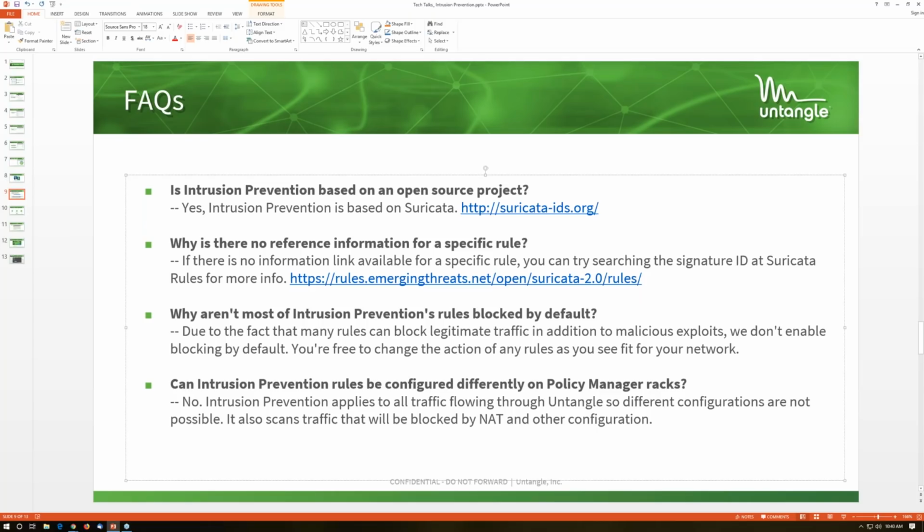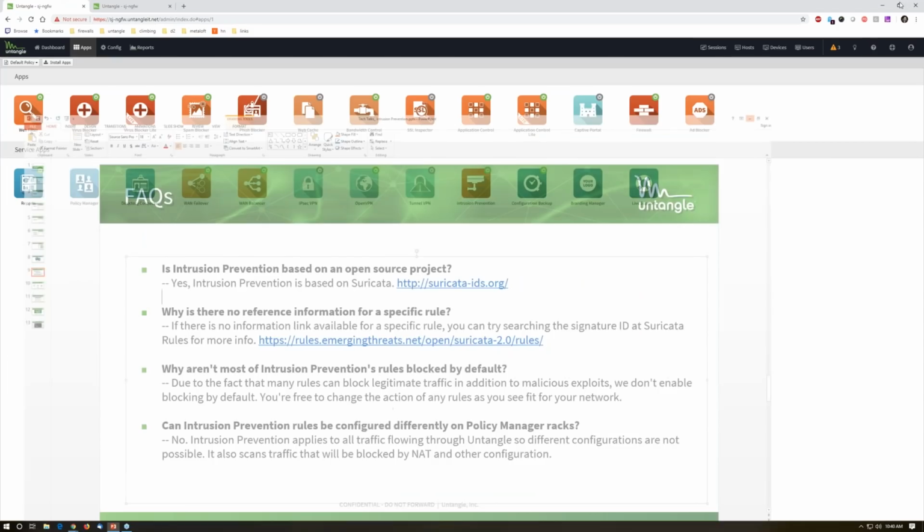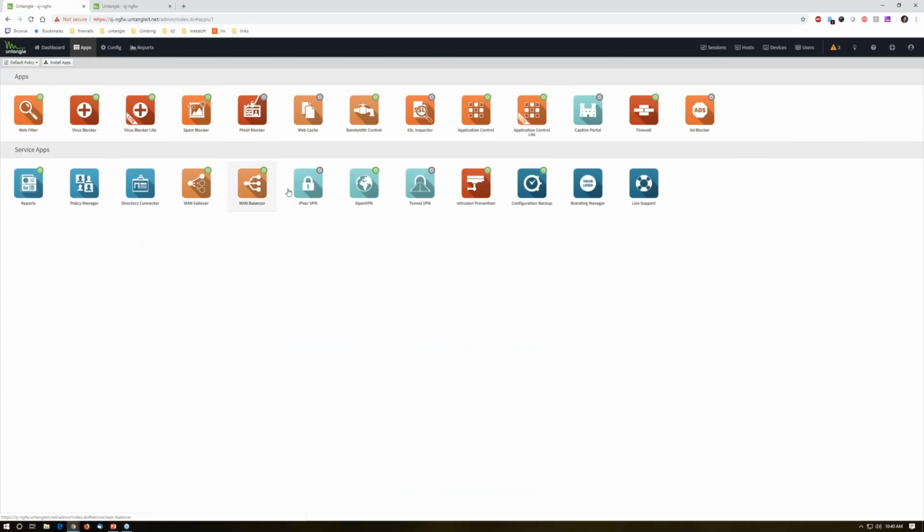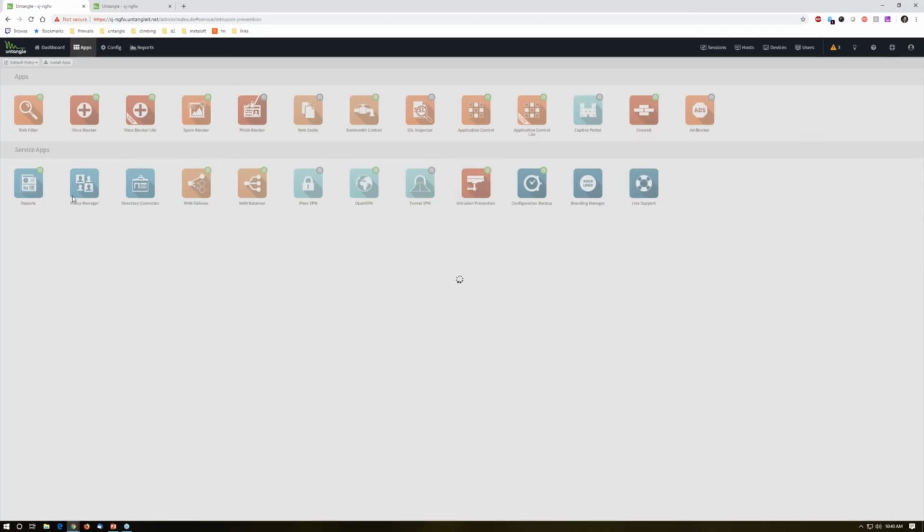Can IPS pretty much be used to set it and forget it other than reviewing the logs? Absolutely. What I would recommend is if you want to run IPS, install it, use the recommended values, the recommended rule set. If you really want to be aggressive and you know what you're doing and willing to spend the time,